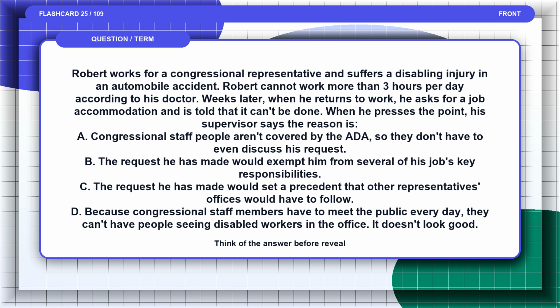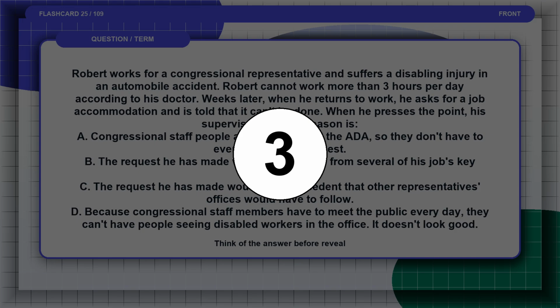The requests he has made would exempt him from several of his job's key responsibilities. The request he has made would set a precedent that other representatives' offices would have to follow. Because congressional staff members have to meet the public every day, they can't have people seeing disabled workers in the office. It doesn't look good. Pause and think of the answer before the reveal. The answer is: